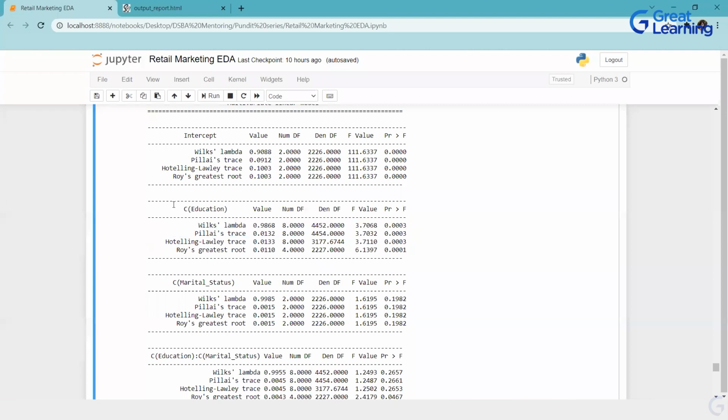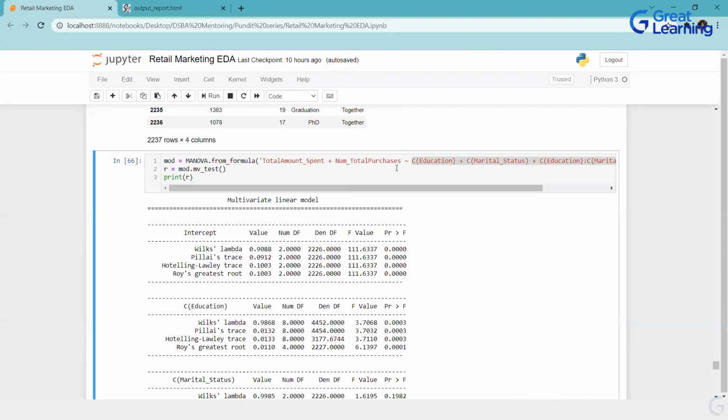What it tells you is whether education, which is differentiating between different categories of education, is a good enough factor, an important or impacting factor, for your total amount spent and total purchases.